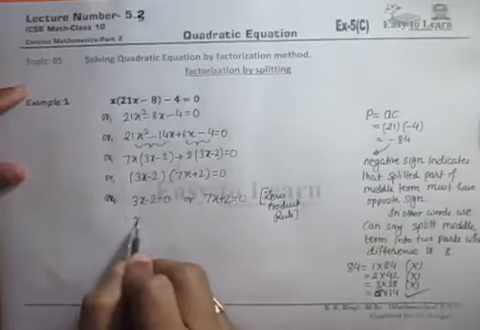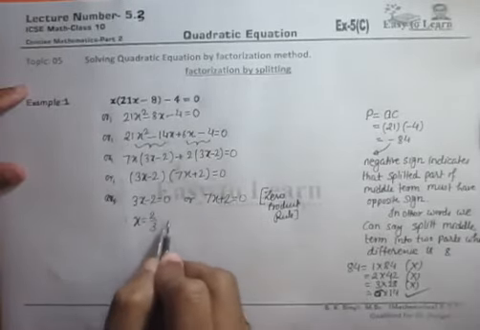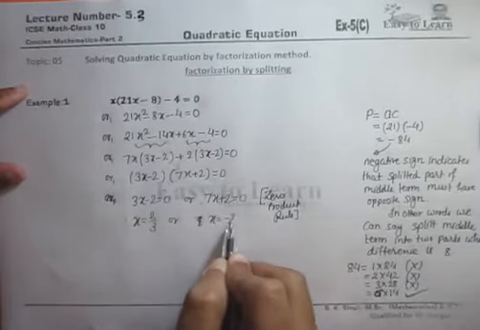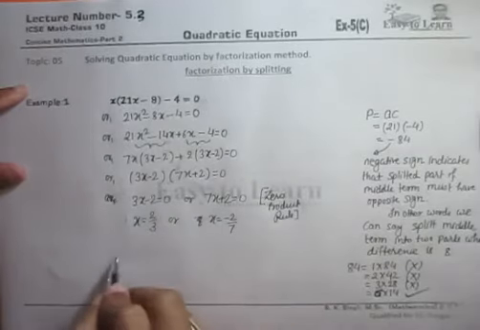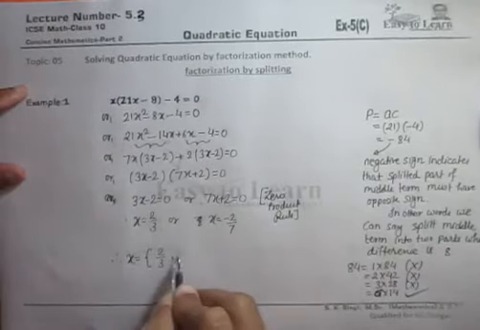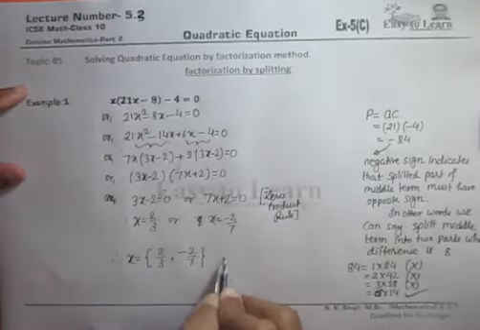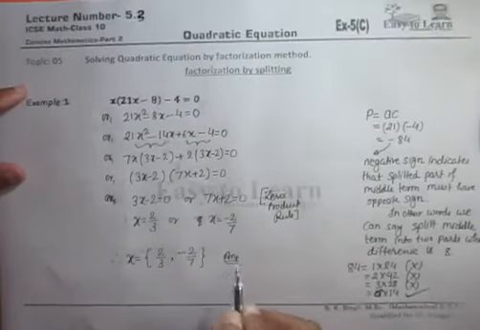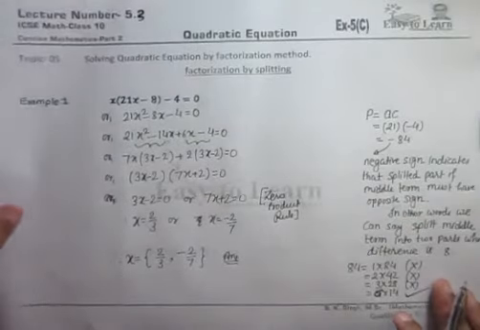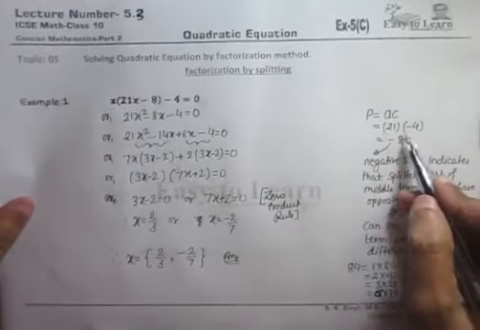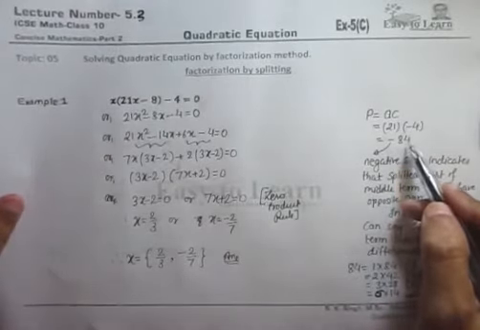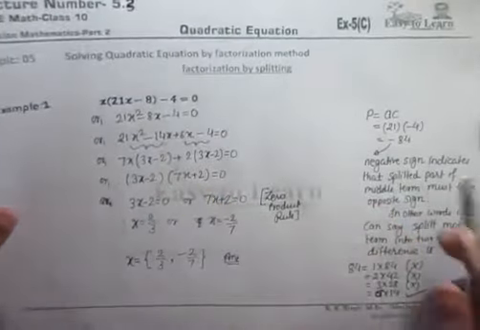So from here you will get x is equal to 2 by 3, and from here you will get x is equal to minus 2 by 7. So the values of x are 2 by 3, one value, and the other value is minus 2 by 7. These are the solutions of the given quadratic equation. Again I am repeating, if the product is negative, then you have to express this product as a product of two numbers such that their difference must be equal to the middle term.